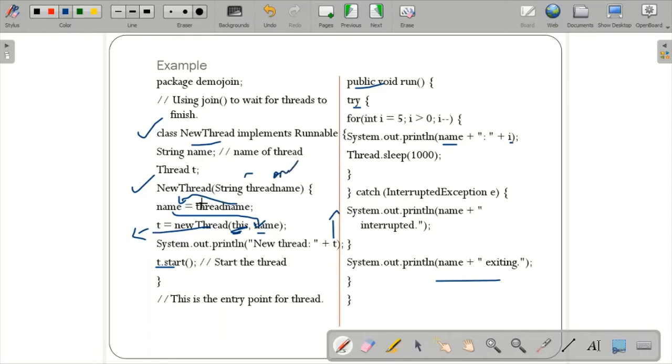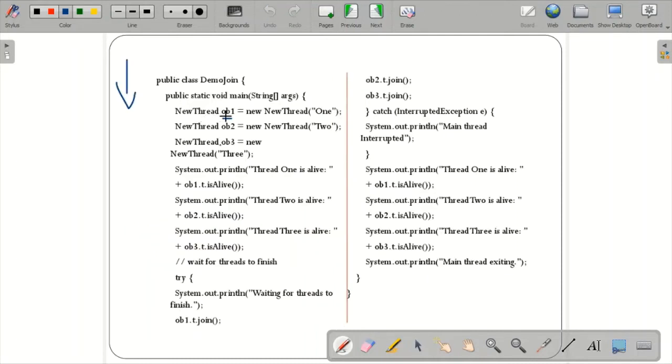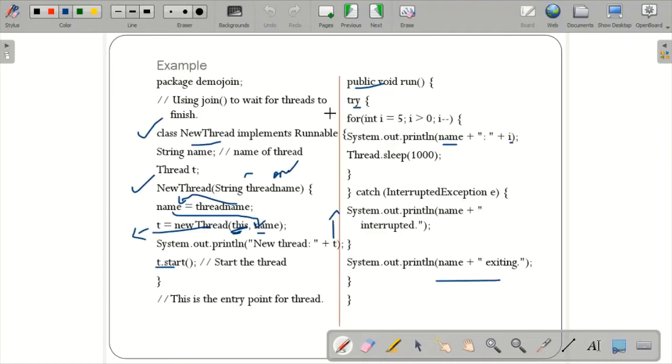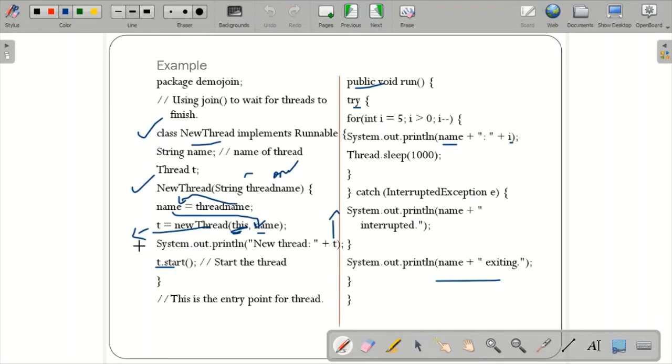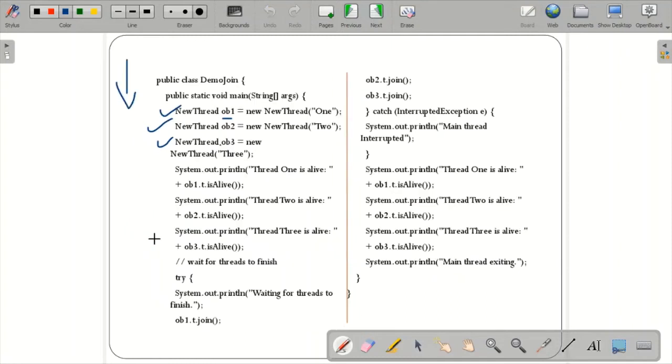And what is happening over here: t means the object here. I have created new thread object 1, so it will come over here, and t is equal to new thread this comma 1, which means it will print the information of the first thread. Start means it is ready to start the execution, and it might be waiting in the runnable state. Runnable state and running state are different. Same way the second thread might be doing the same thing, and the third thread's information will also be printed. So these 3 printf statements will be printed.